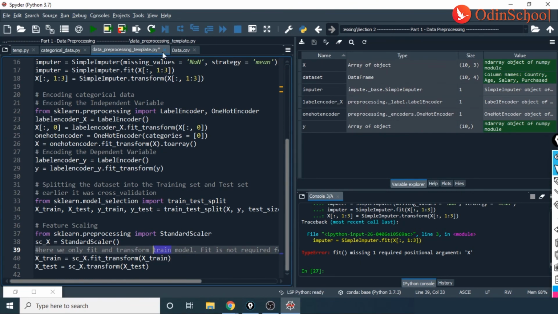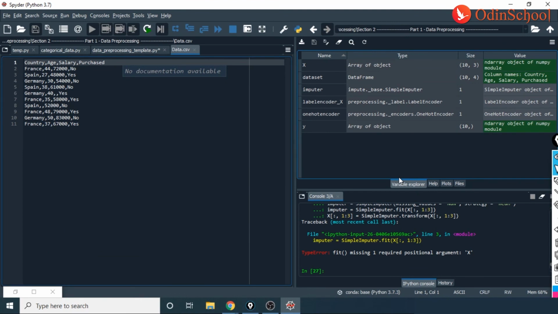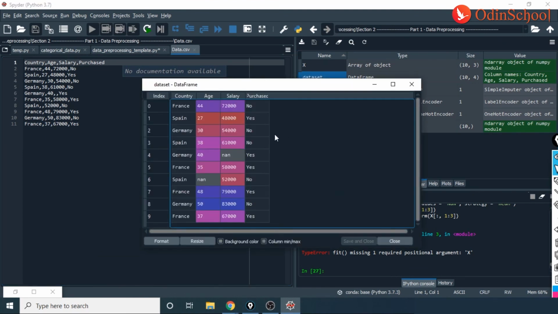Now, here, when I go to my data set, which is this, we see that we have values which are very, very diverse. I have age which is 44 and I have salary which is 72,000. Then I have the second age 27 and the salary to be 48,000. If you can see, the distances here are too huge.